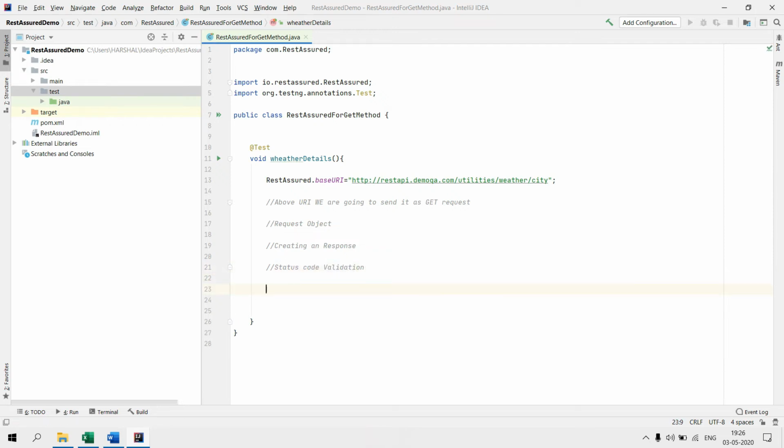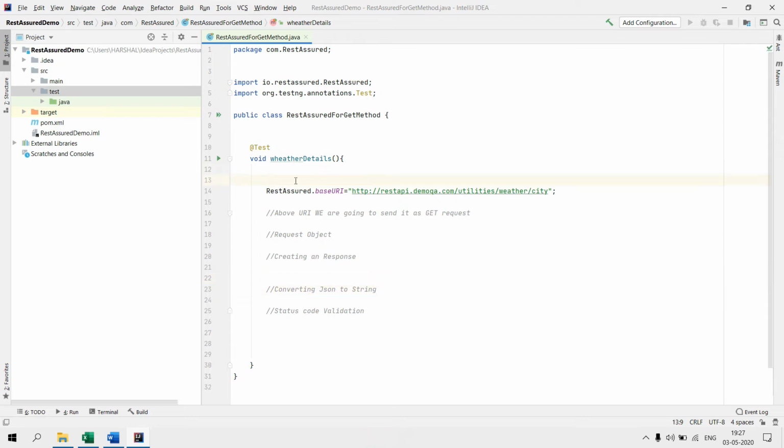Okay, these are some comments that we will be following. After creating a response, we are going to get a JSON body, right? The returned object would be in JSON, so we need to convert it into a string. So converting JSON to string. These are the steps that we have been following, and this is nothing but specifying the URI, right?